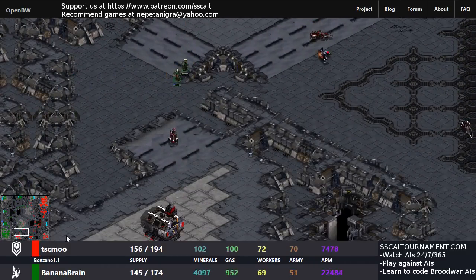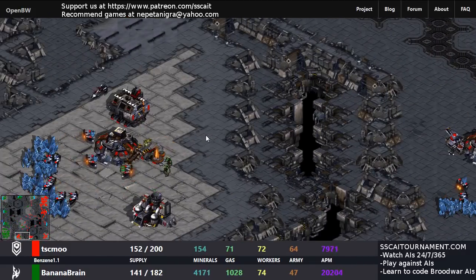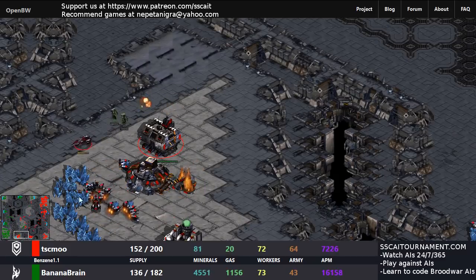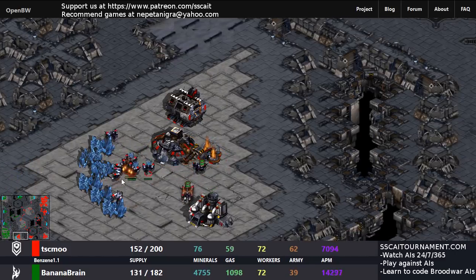So TSMU doing well over here, trying to protect these bases with Vultures. But now back to the wall, and killing this base, so that's going to be a little bit of an expansion trade. These Vultures don't really have the room to micro, although I think with the repair that these Zealots are going to fall. Yes, there we go, and still 1 Vulture lives. He is going to get repaired, but keeps